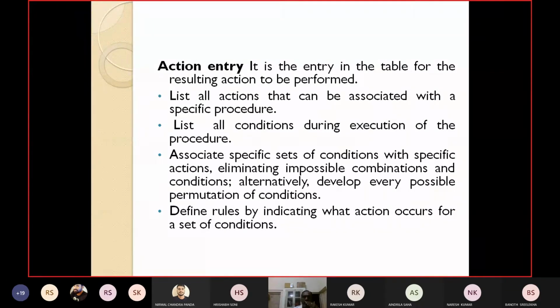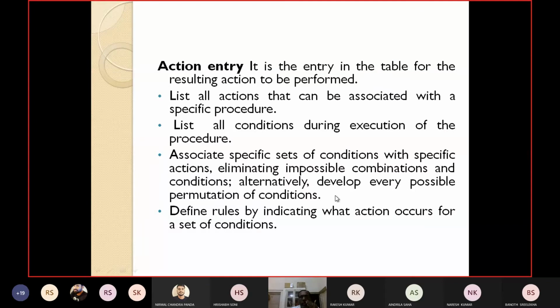For example, one condition is getting a driving license, another condition is age is less than 18. No way it is possible, because below 18 years you cannot get a driving license. So consider which are impossible combinations of the conditions, and you just discard them.